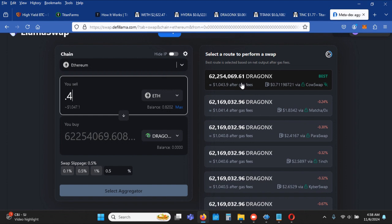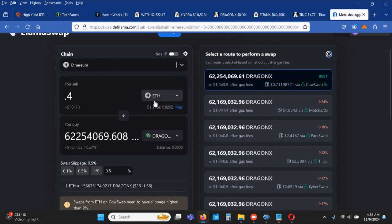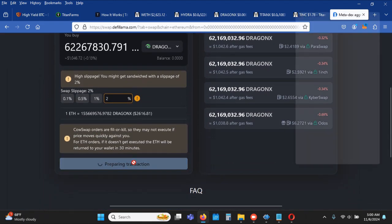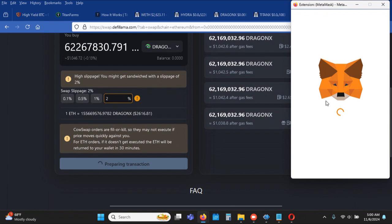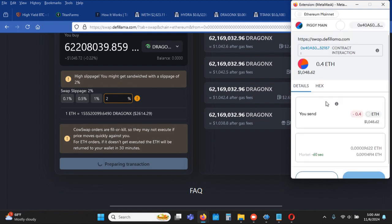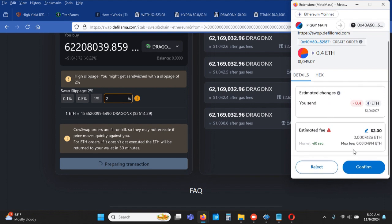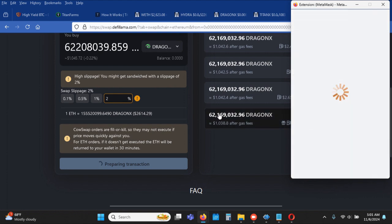And I have no problem buying the token right now itself. I'm just not going to put it in the farm, guys. Let's see what I can get out of this. Yeah, I am definitely liking the farm, and I am not liking the blockchain that it's on